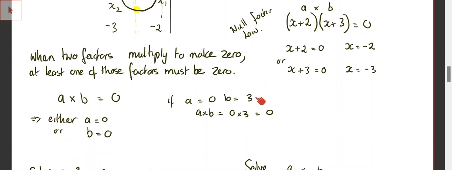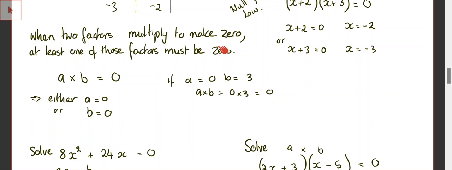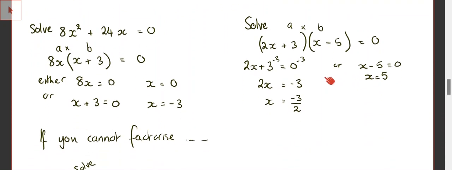Go to this last fact. The null factor law is because two factors, if they multiply to make 0, then one of them must be 0. It doesn't matter what the other one is, if one of them is 0, our answer is 0. So here's a quadratic equation equaling 0. I can't solve that as it is, but if I factorize it, I then know either the 8x is 0, which means x has to be 0, or the x plus 3 has to be 0, which is